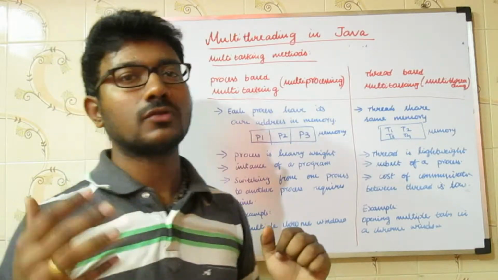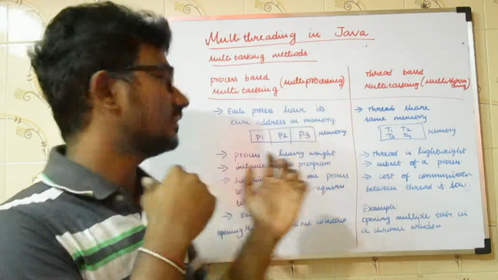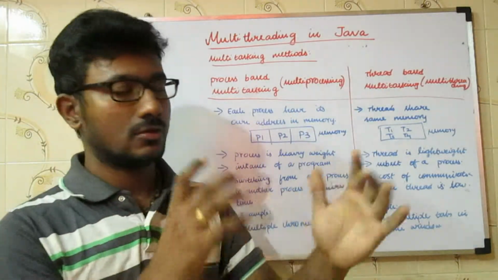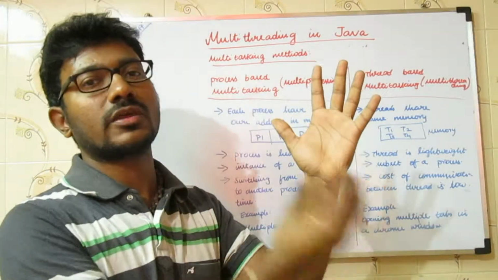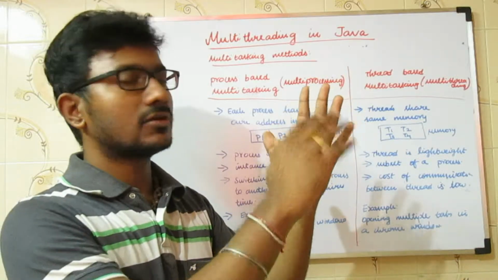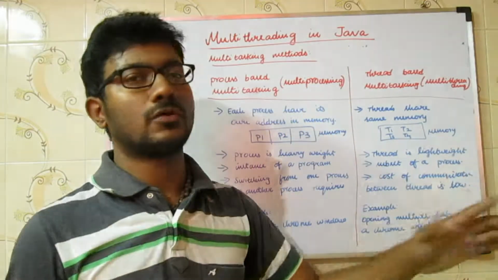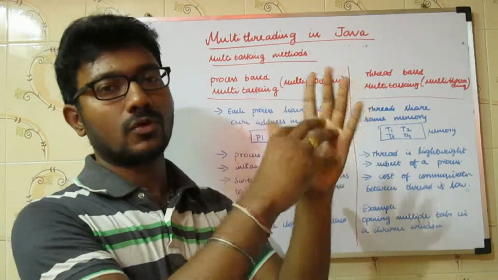So actually what I am trying to say is a process is an instance of a program. This is a factorial process and this is an instance of a factorial program. And these threads are subset of a process. Threads are subset of a process.